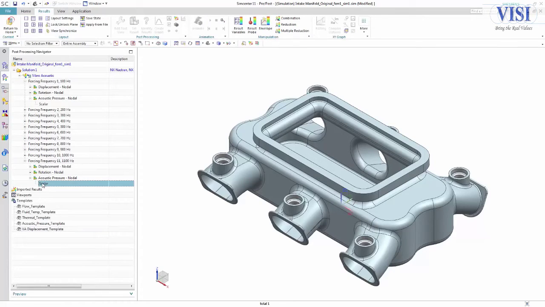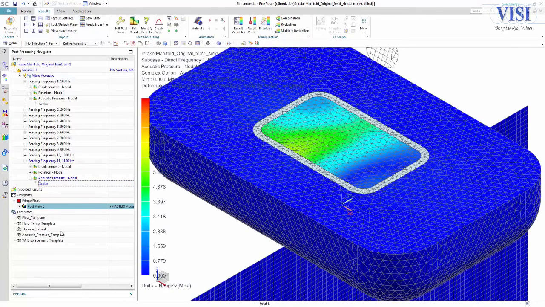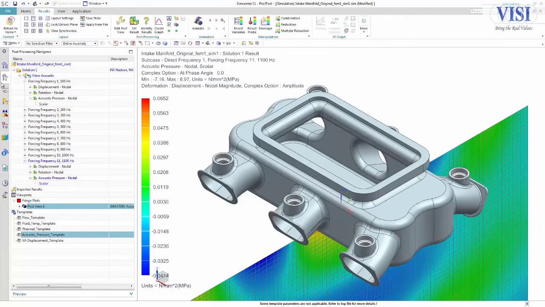This model is ready to be solved, and once it's completed, you can view the results. In this case, you're interested in looking at the acoustic pressure. Simcenter 3D allows you to define post-processing templates that can ensure a consistent and quick representation of the results. In this case, by applying an